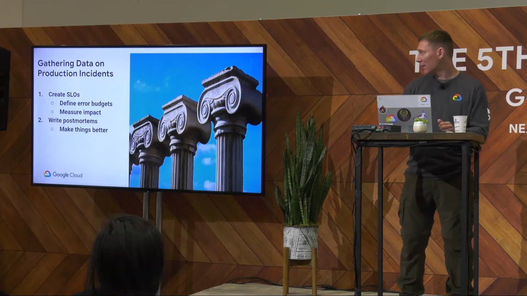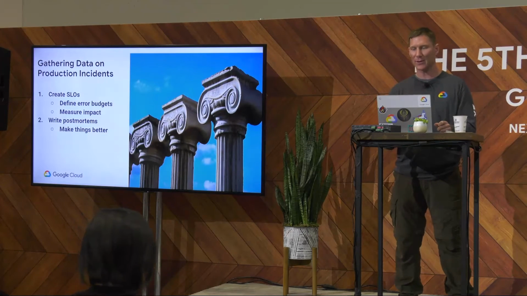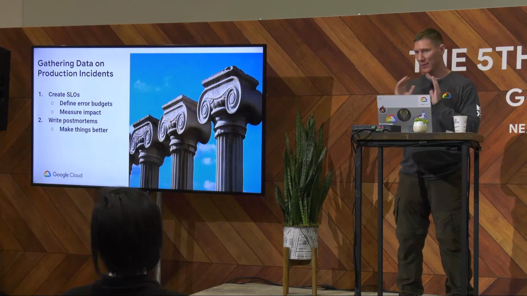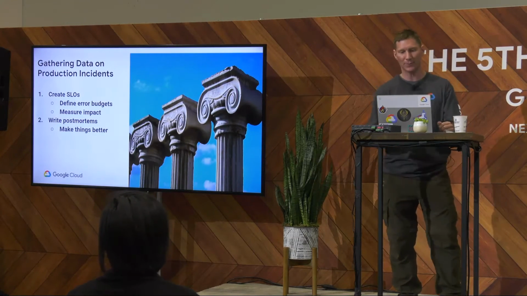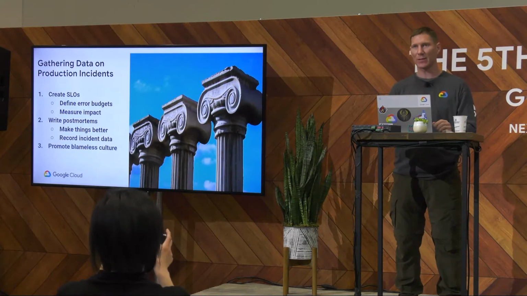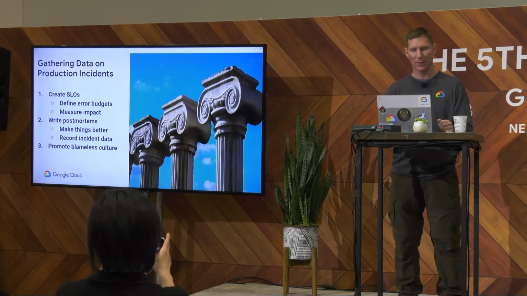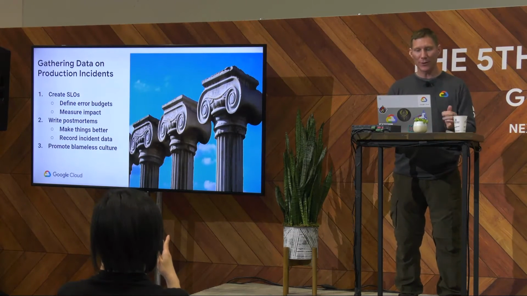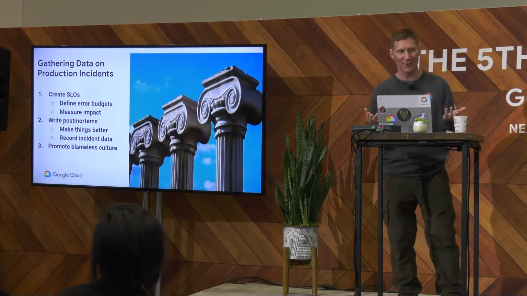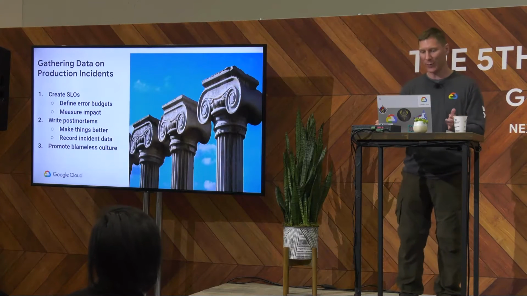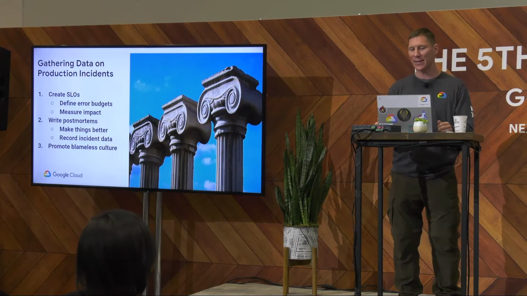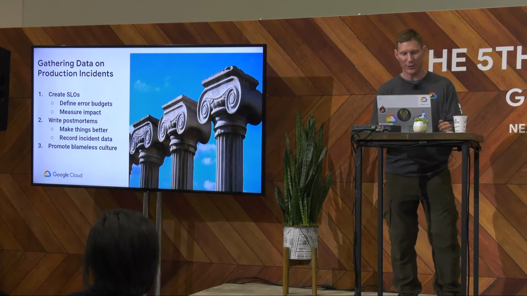The reason we're talking about postmortems here is because they record what happened, when it happened, and why it happened. I'll be talking more about them later, but this is a very fundamental thing that we have here. And finally, if you want accurate data, it really, really helps to have a strong, blameless culture. A blameless culture knows that whatever you did, there's probably something better that you could have done. Everybody's had that feeling. You're trying to handle something. Hindsight is always 20/20, but you don't have hindsight in the middle of an outage. Whatever you do, it made sense to you at the time, and you did the best that you could.